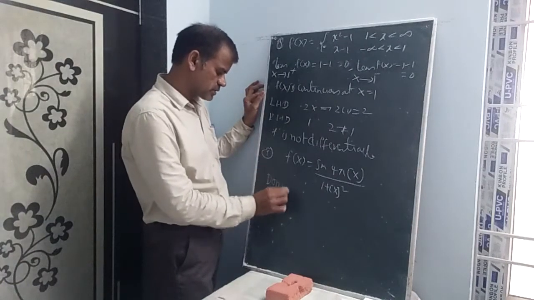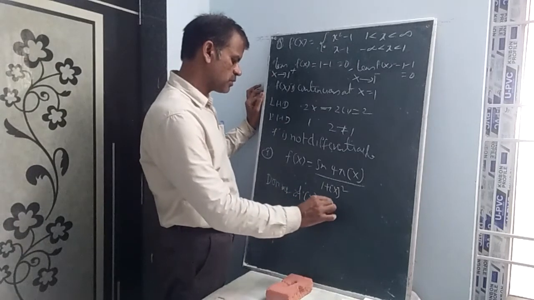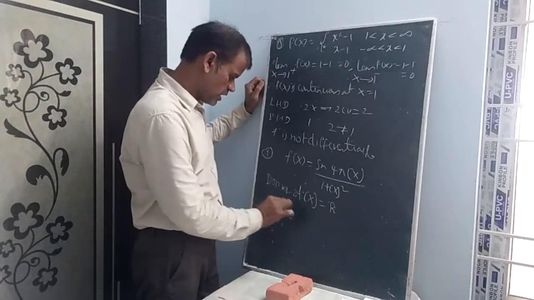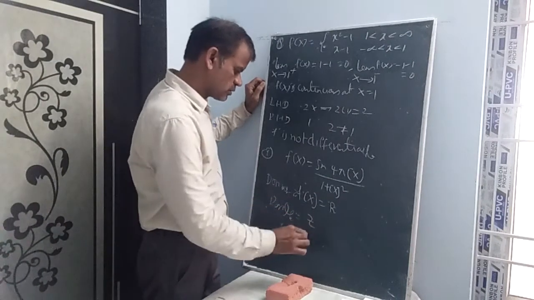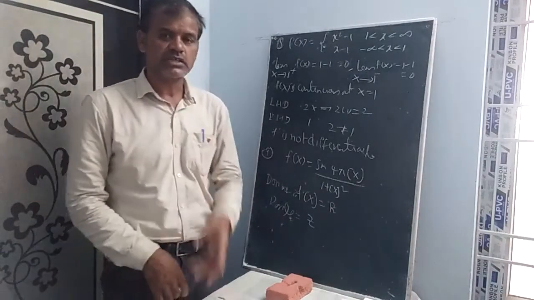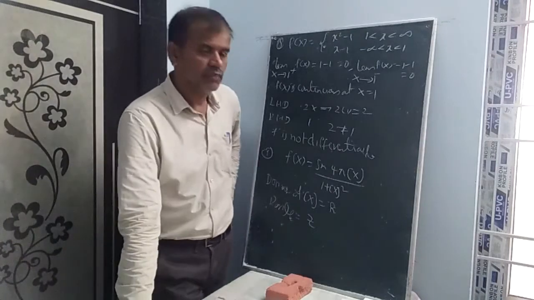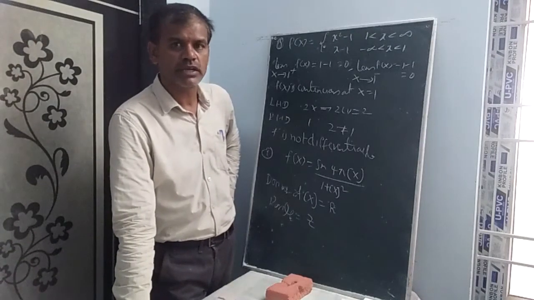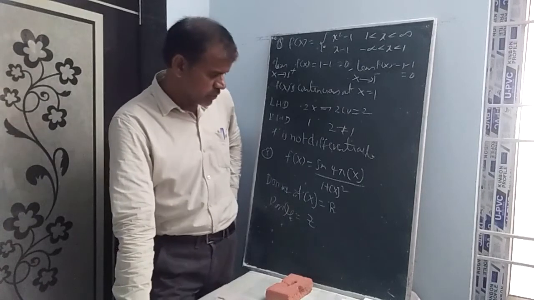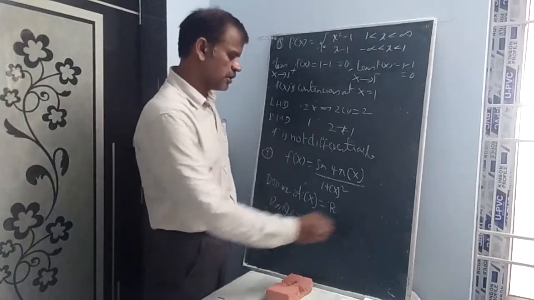Domain of step x equal to R. Any real value you can substitute. And the range is equal to Z. Example, if you take 2.9, that is a real number and the result is 2. It is only an integer. If you take minus 7.9, minus 7.9 is a real number and you get minus 8, that is an integer. So even though you substitute a real number, the range is always an integer.